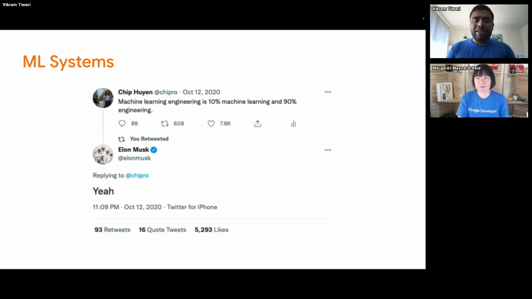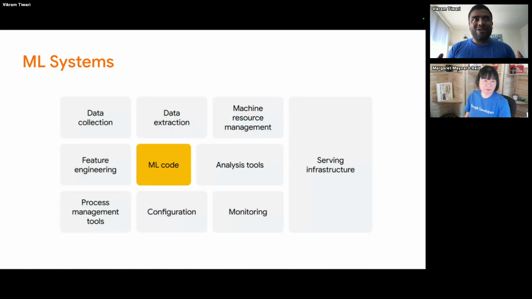This slide has been a lot overused, but this is what it looks like generally. You have systems which will collect the data, and they'll clean up the data. You have to figure out how to even manage machines, because there are so many machines that you have to run training upon, especially with Gen AI models. The number of machines is huge.